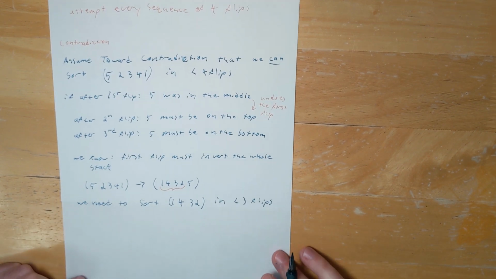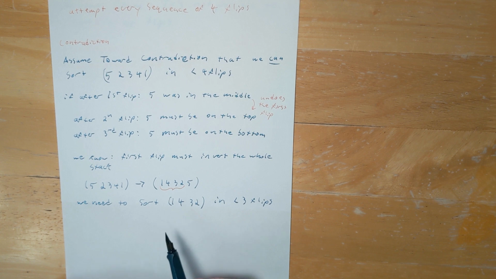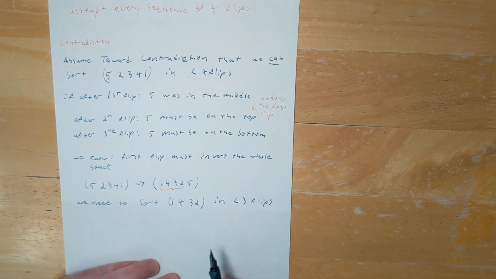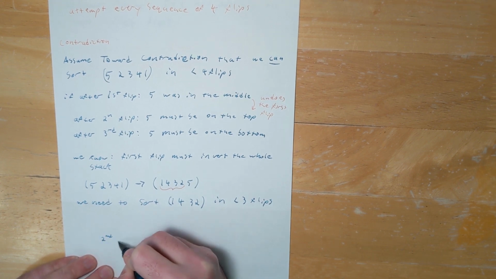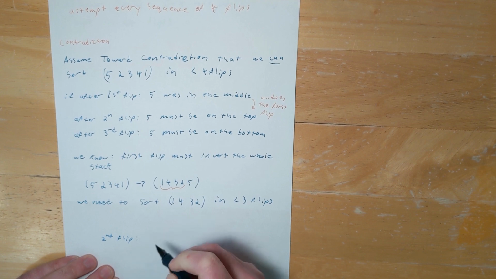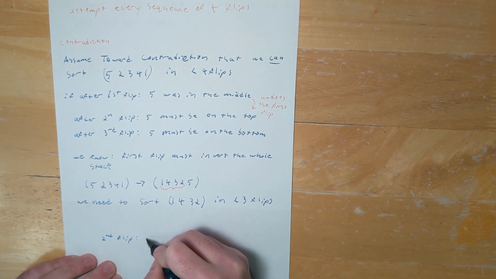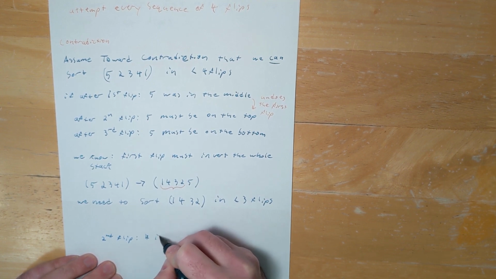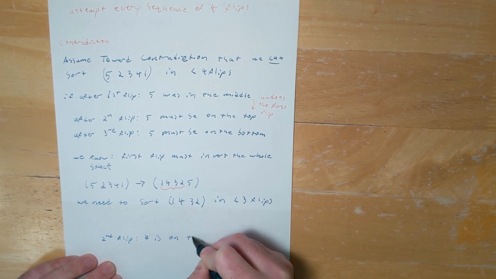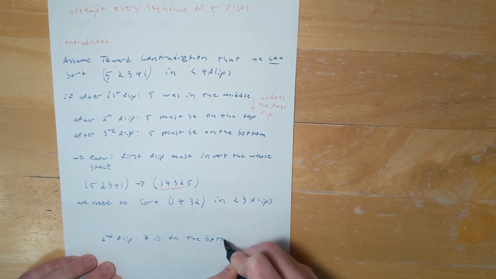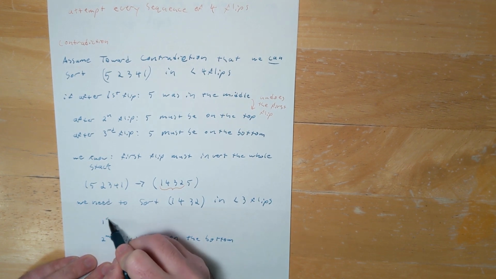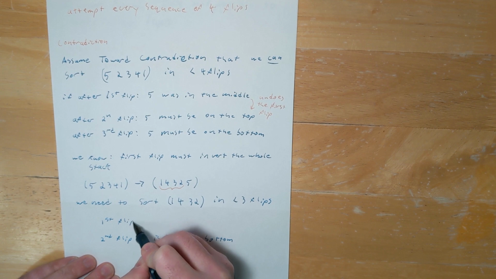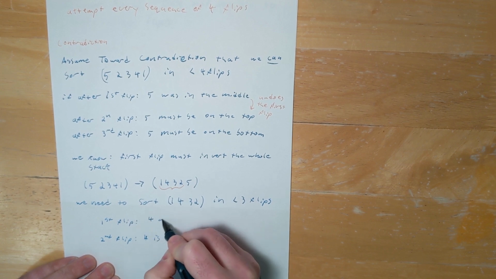If we think back, though, to our gold star rule, in order to sort 1, 4, 3, 2, we need to get 4 on the bottom. So that means by the end of our second flip, we need 4 on the bottom. So 4 must be on the bottom, which means that after our first flip, we put 4 on top,